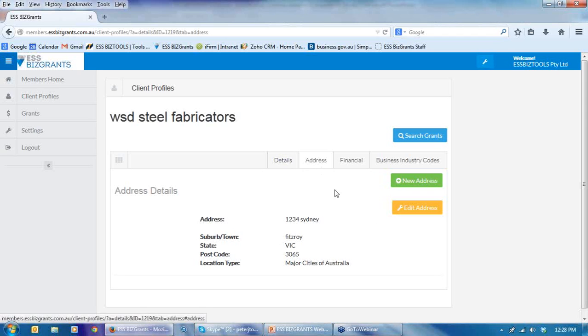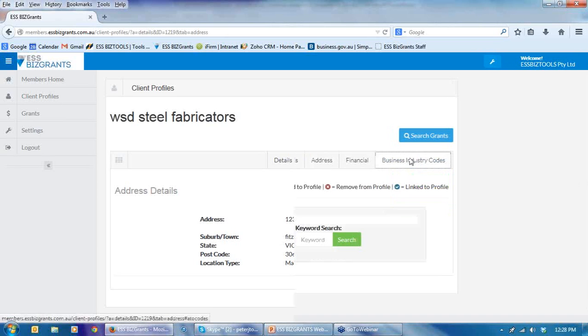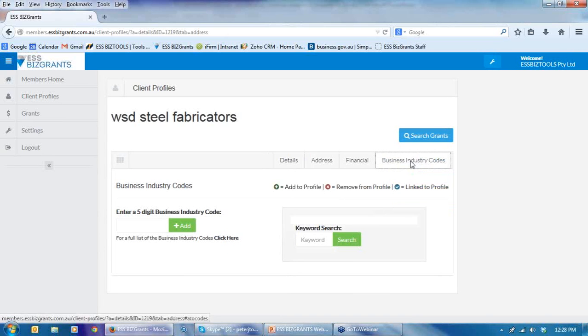You can check the details, the address, financial. But the key thing we've got to do here now is look at the business industry code. Now we're utilising the taxation office business codes, which are based on the Australian Statisticians Department. You can go to a number of places to identify the business that your client is operating in.